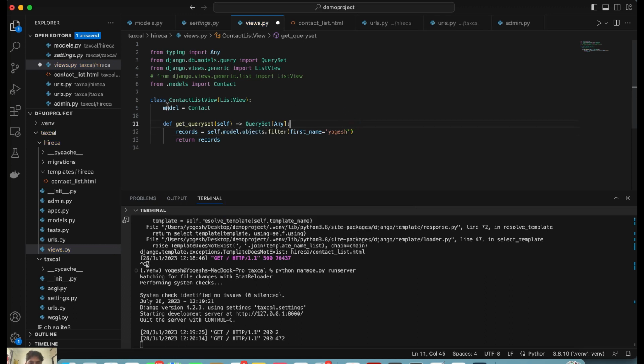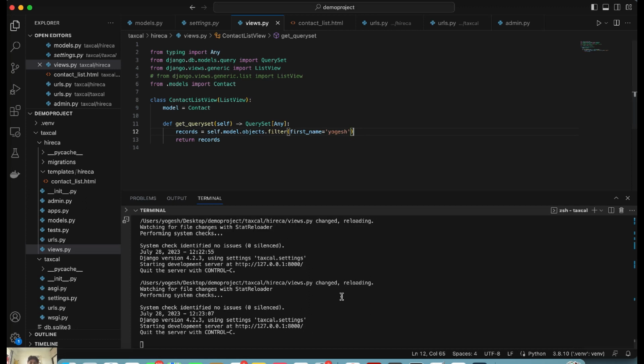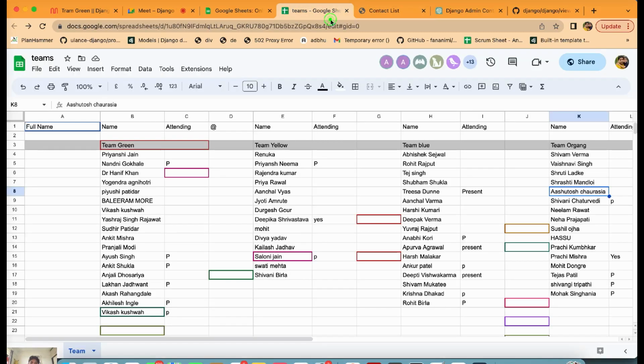Basically we already created a static variable in the class, that is model. So I have just written self.model.objects.filter. You remember before we were doing filter, get, create, everything. So self.model means this variable, that means Contact.objects.filter first_name equal to Yogesh. Now if you reload this page,